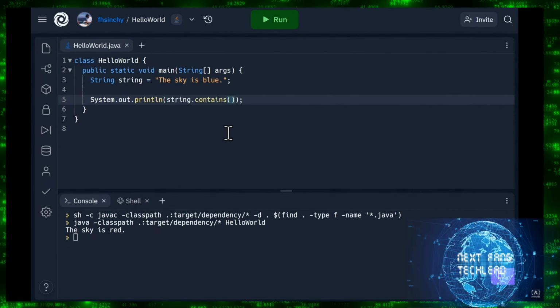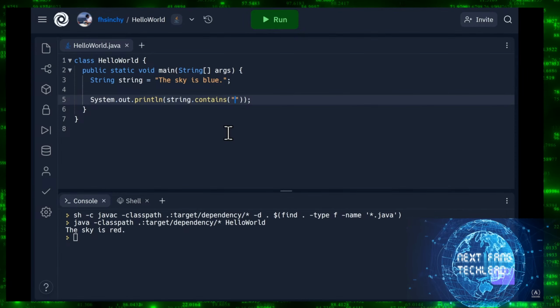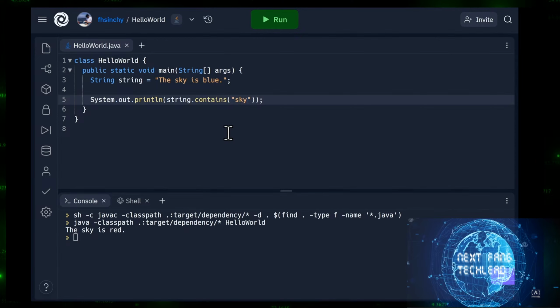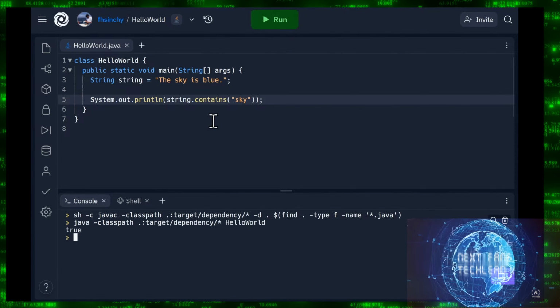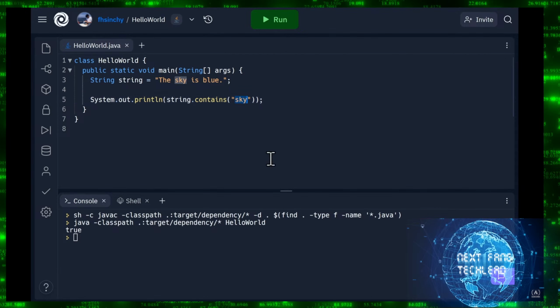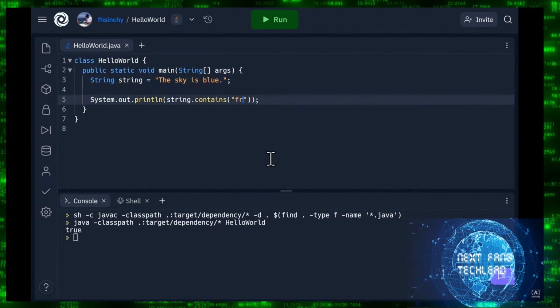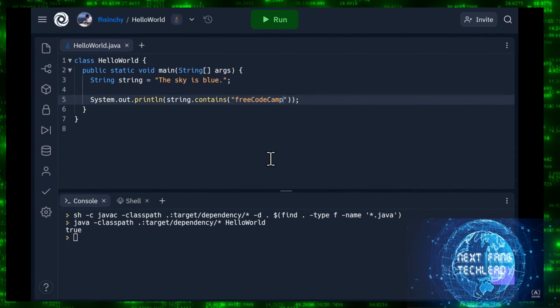and you will need to pass the string that you want to check for to the contains method. In this case, it's sky. Save the code and run it. Since the string contains the word sky, the output is true. But if you put something that is not present within the string, such as free code camp, and run the code,